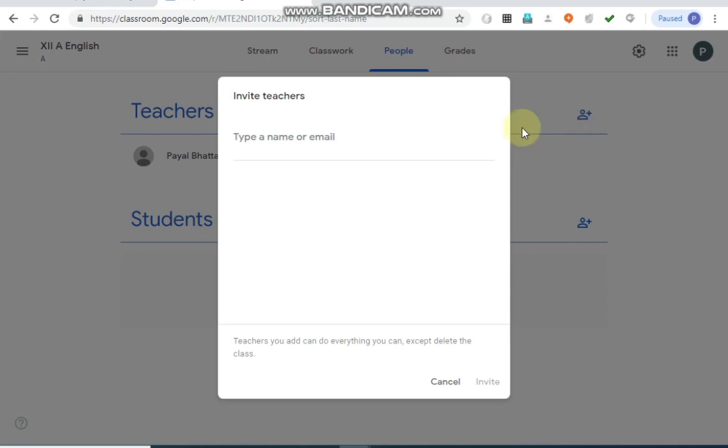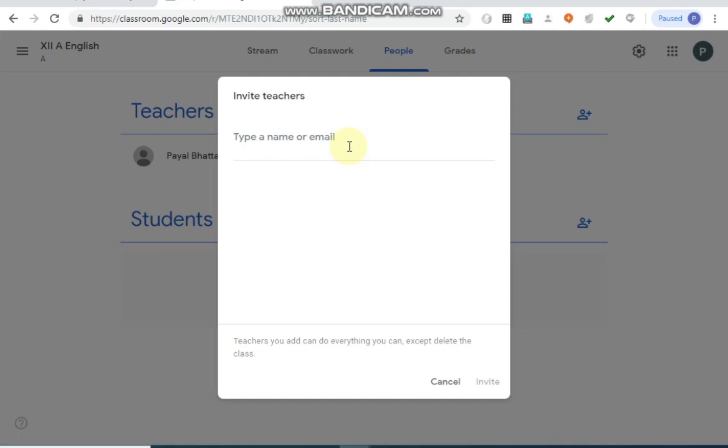Now I am adding. Whatever name you type, you will be able to see all those IDs which are there in the entire organization. That is, this particular ID, for example, KVS Kolkata region has purchased.